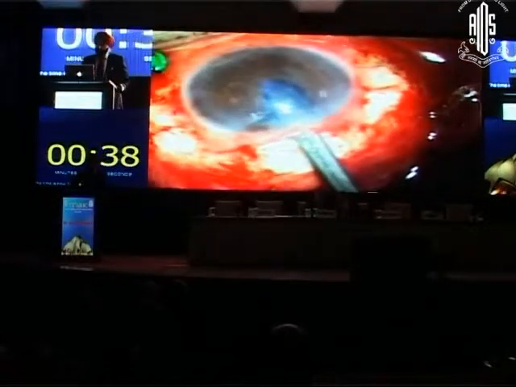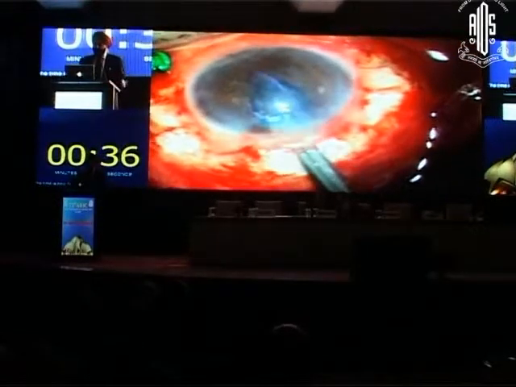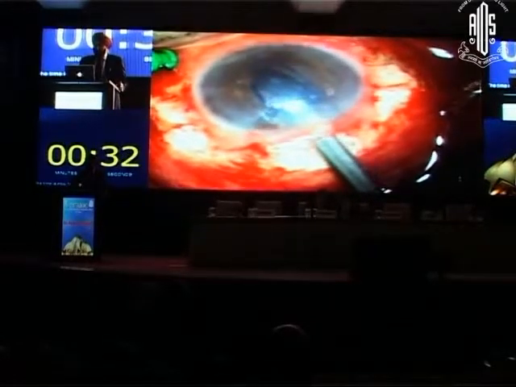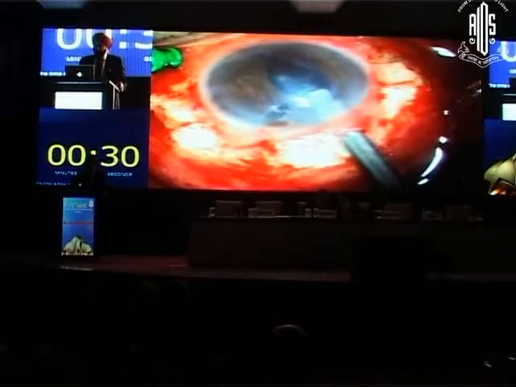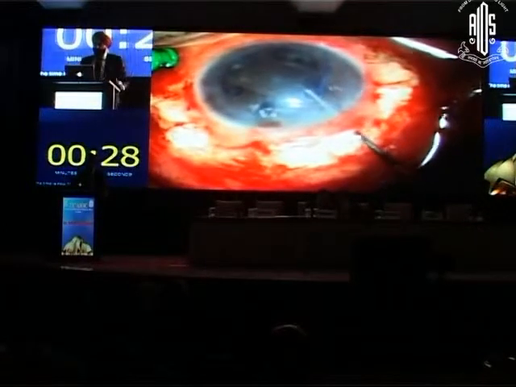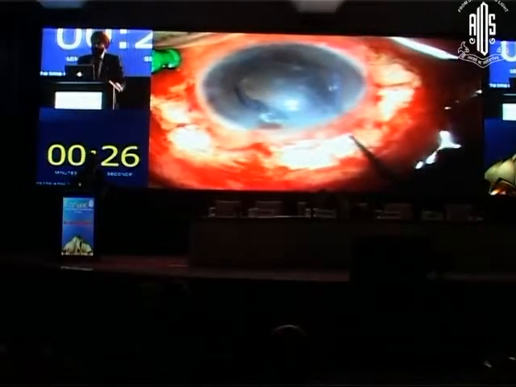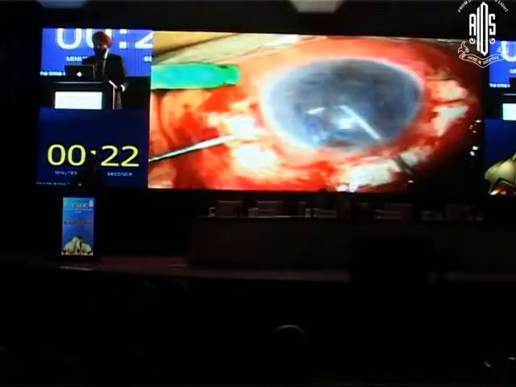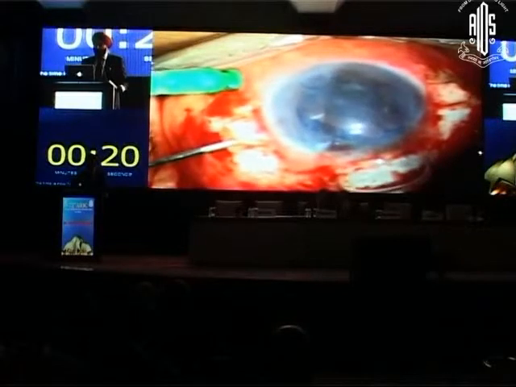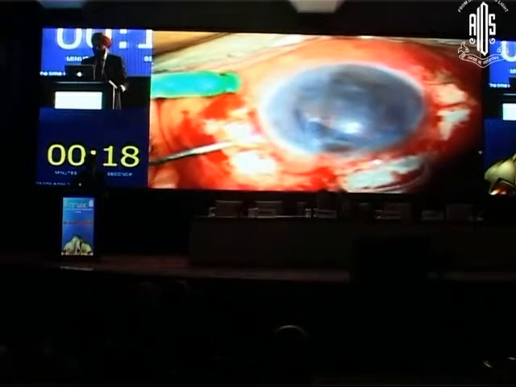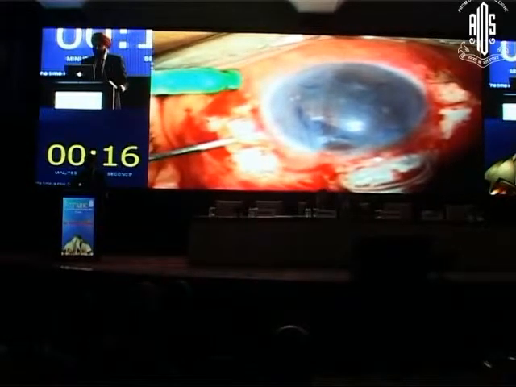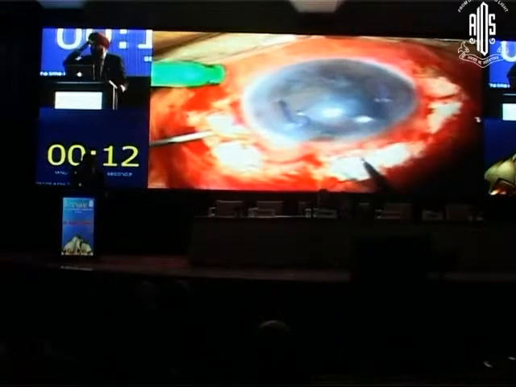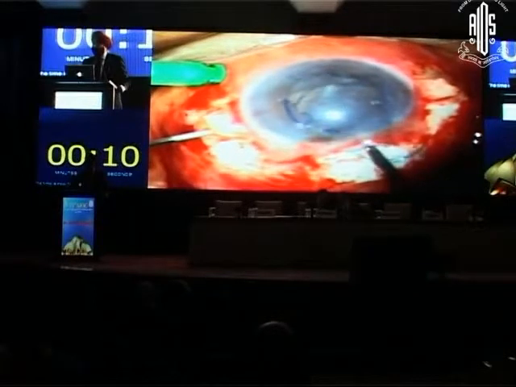Now, after you have done this, because we need better visualization, this is a Malugin ring that is being inserted. So a Malugin ring goes in, and you can expand the pupil, and you can see that we get a good visualization now. Once you have got this good visualization, we will go ahead and do the anterior vitrectomy that is required to be done, and then we go ahead with a lens which is a 3-piece lens with haptics which are not of the same material.